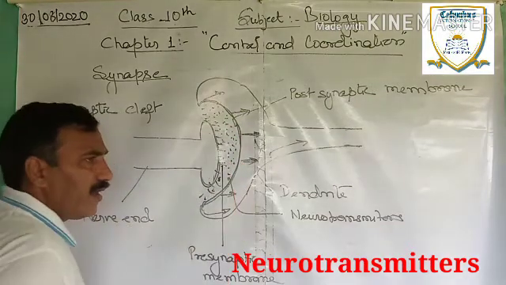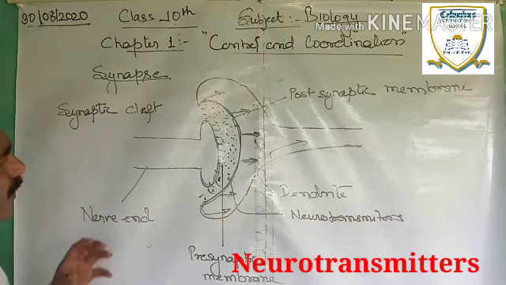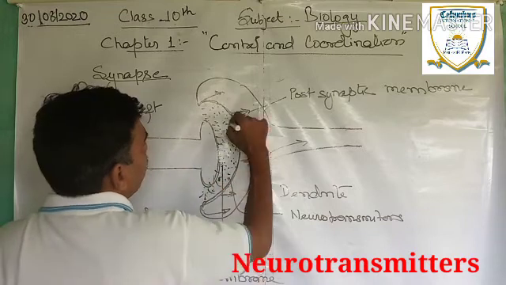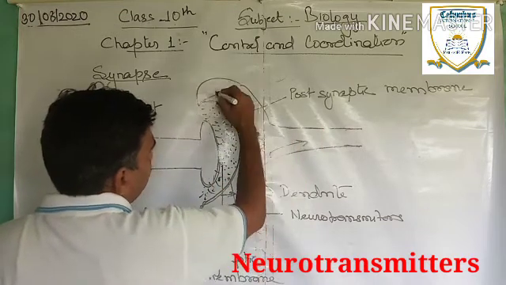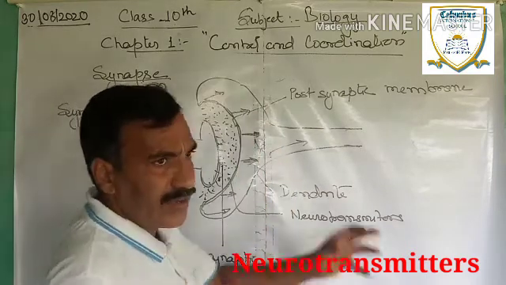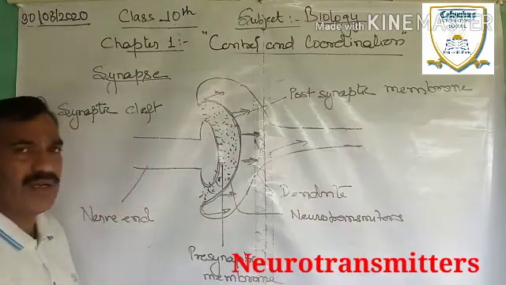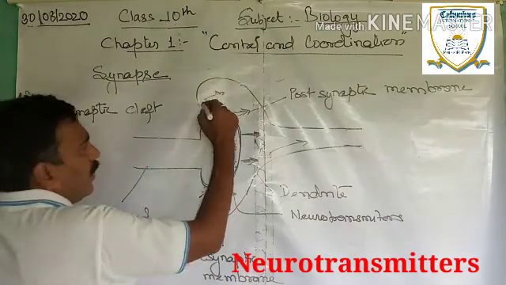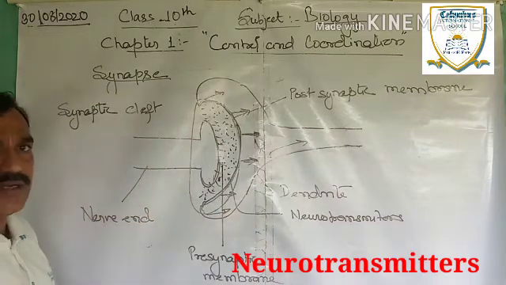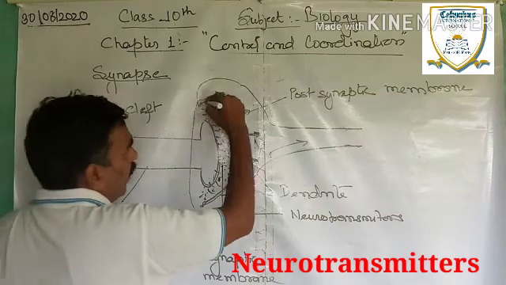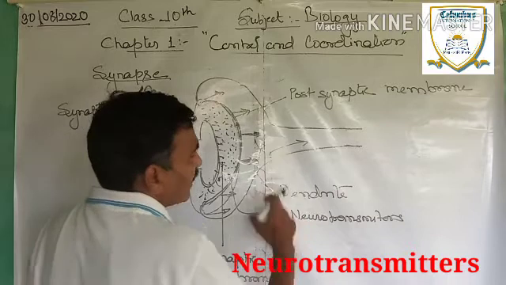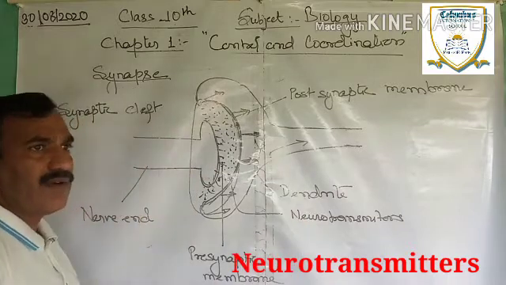out from the nerve ending of one axon, it is converted into electrical impulse, and then it is given to the next dendrite, of the next neuron, where as soon as it is received by the dendrite of the next neuron, it is soon converted into chemical impulse. That means during the release of the impulse only it is converted into electrical impulse. However, until these impulses are inside a neuron, they are in the form of